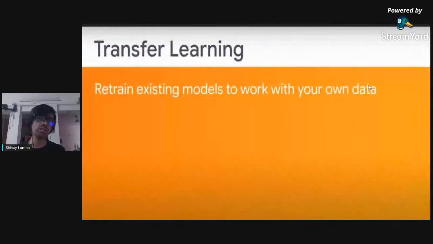And now coming on to the next part, that is transfer learning. So what does transfer learning mean? Basically, transfer learning means that you use your own data to enhance or retrain some of the existing models that have been created beforehand, to make them more optimized for your own kind of workflow. So an example of this could be that, let's say you have a very basic neural network that has